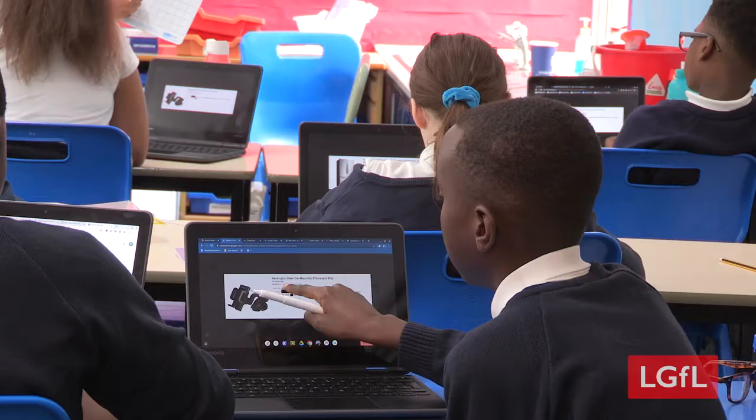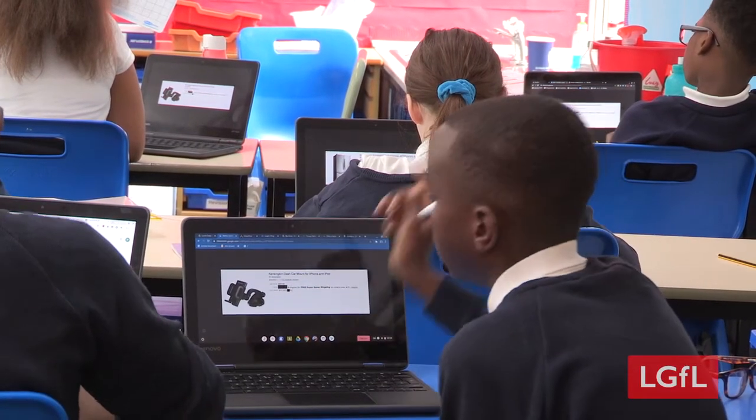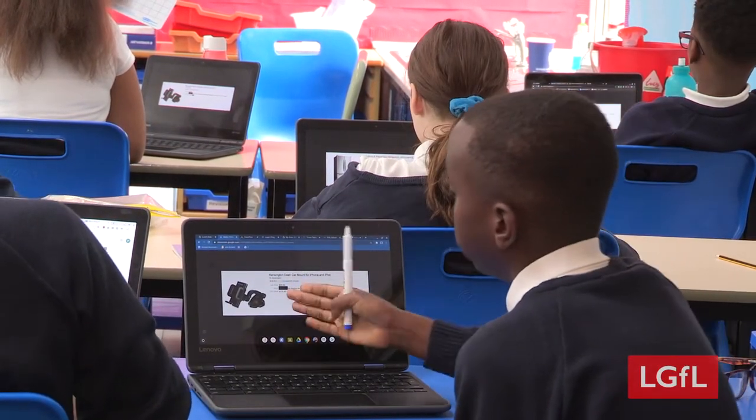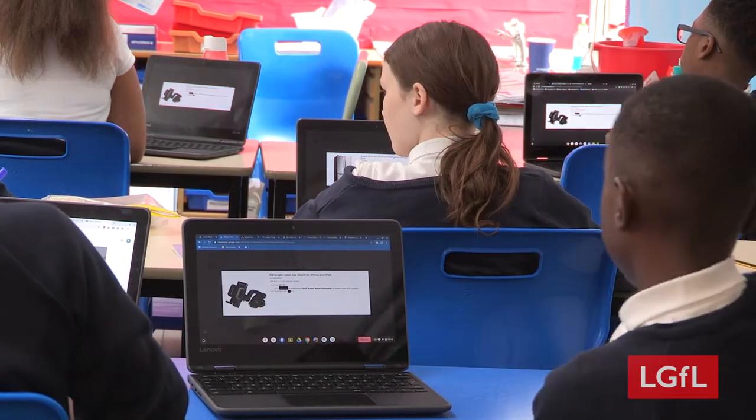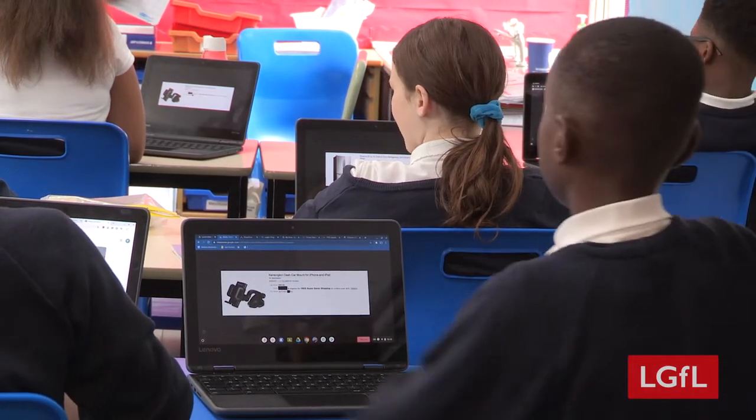Having one-to-one means that straight away you're getting that feedback, and then in terms of a task, you can then allocate children to a focus group to then make sure that you're closing that gap. This is all going to be possible because of Bridge the Divide, and we're really looking forward to it as a school,